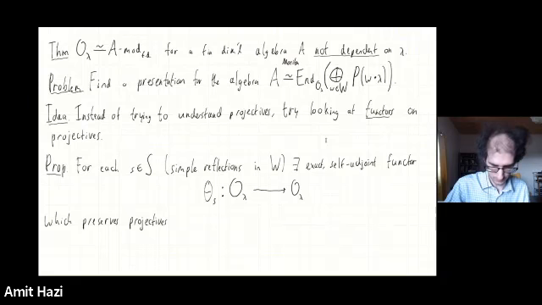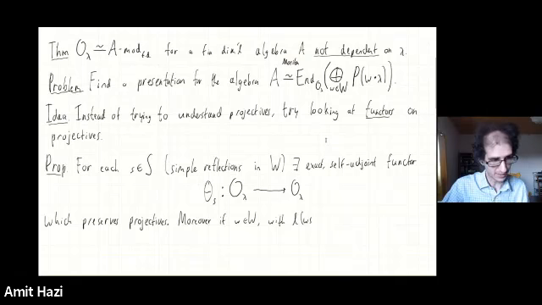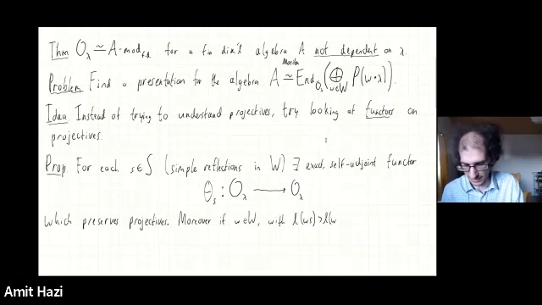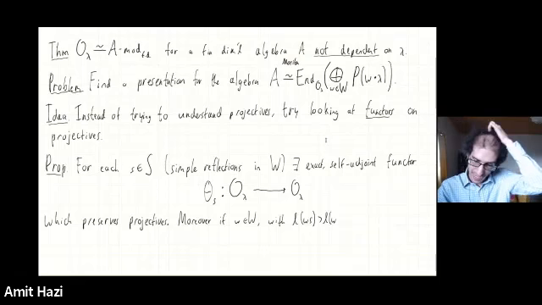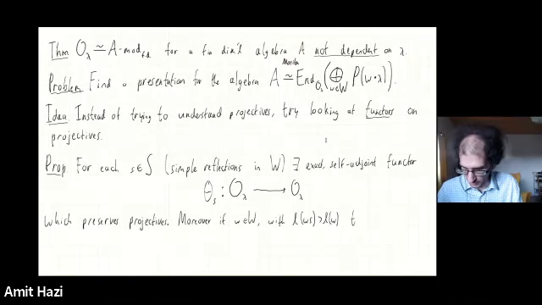And moreover, if you have little w inside the Weyl group, with the length of ws being bigger than the length of w. So what does this mean? This means that if you write ws using just simple reflections, then you need more simple reflections than if you just write w with simple reflections. So if this is the case, then